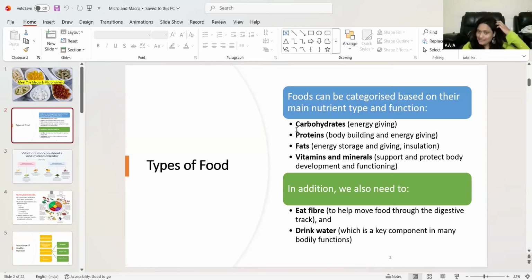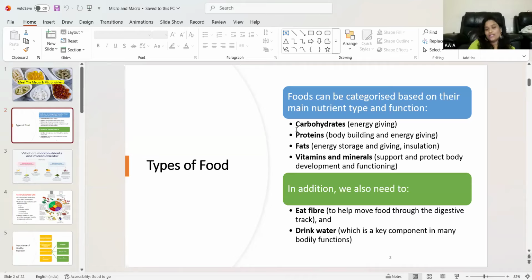So carbohydrates: to sit, to talk, to walk, to sleep, whatever we do, we require energy. Okay. So that energy we get from carbohydrates. Without carbohydrates, we don't get proper energy. So that's why it is considered a macronutrient. We require carbohydrates in larger amounts compared to vitamins and minerals. Carbohydrates give energy, they work as a fuel. So carbohydrates are very important. What kind of carbohydrates we include in the diet, that matters.